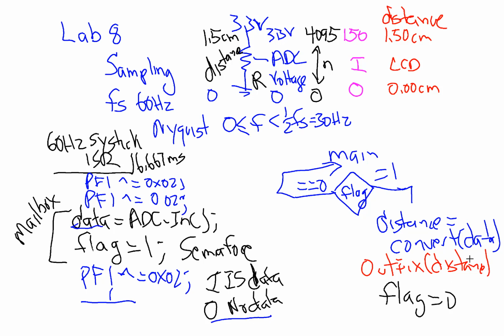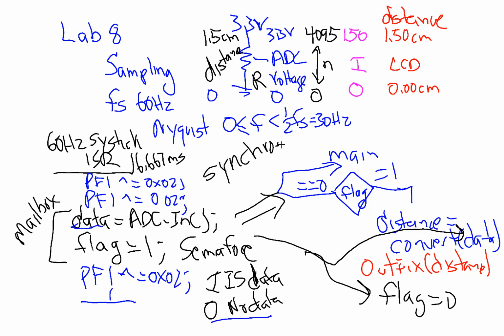In this, you can see the mailbox basically allows me to synchronize this foreground, this background thread here, this interrupt thread, and this main thread over here. So the main thread and the background thread are connected. All right. So that was the essence of sampling. Okay. The other things we had is we had calibration, which occurred in here,